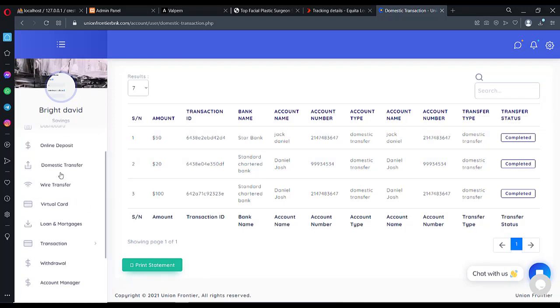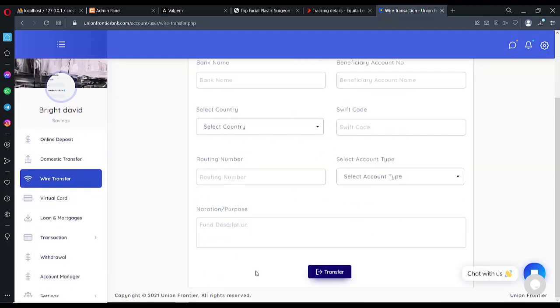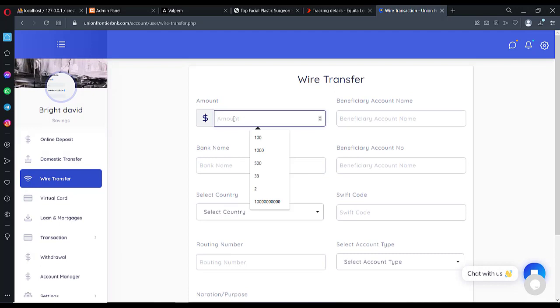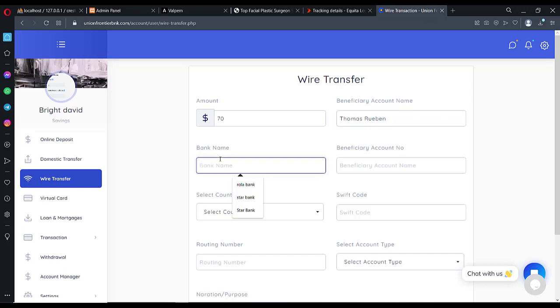So on the user side, you can also do a wire transfer. So let me do a wire transfer now and show it to you. So I'll do a wire transfer again of $70. Let me use the name Thomas Ruben. Bank name will be United Bank. The account number,